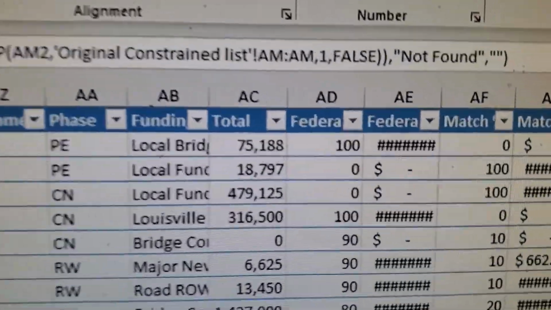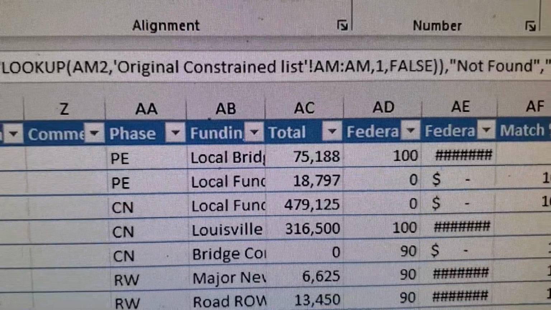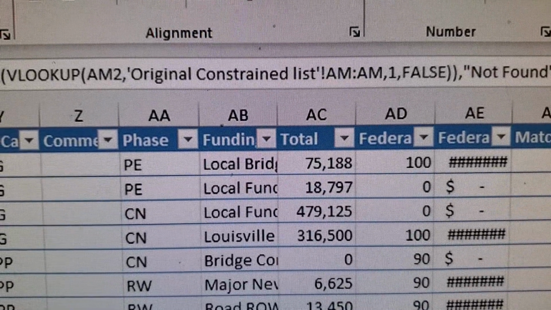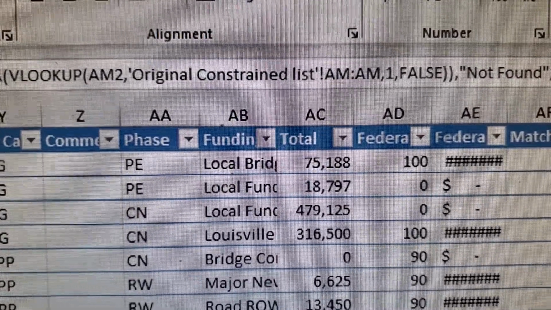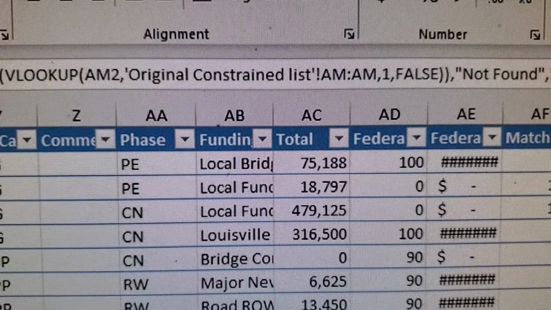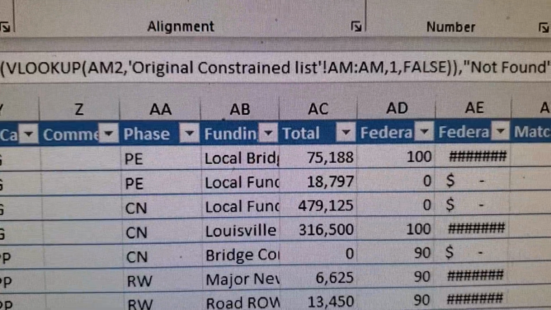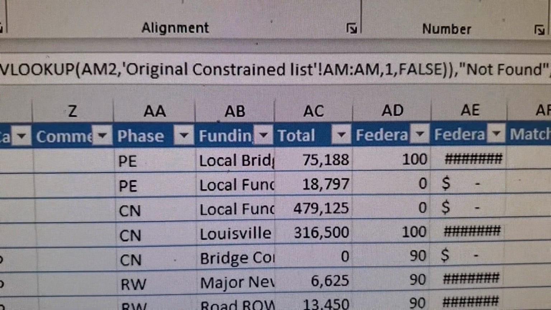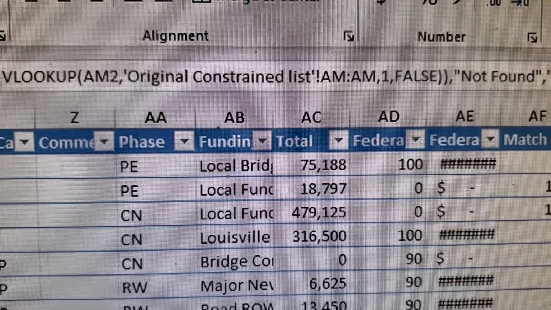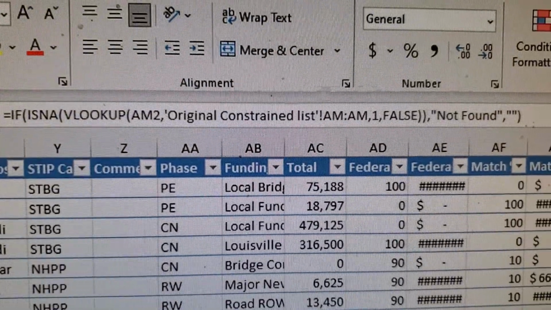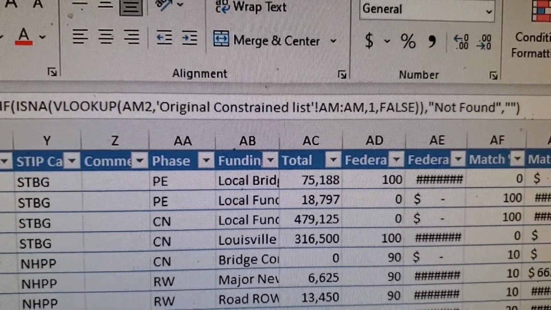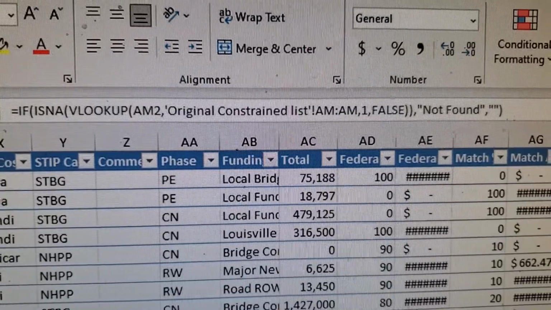We start out with the VLOOKUP, the first column in the Excel spreadsheet. We went to the other tab and did that, highlight that whole column, and then we did 1, 1 and a comma false, and then we did an ISNA false, and then we did an if,